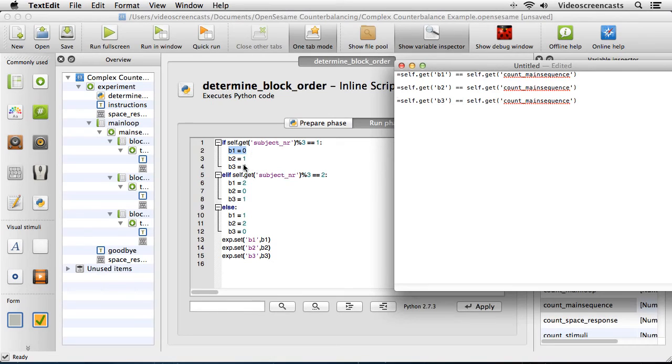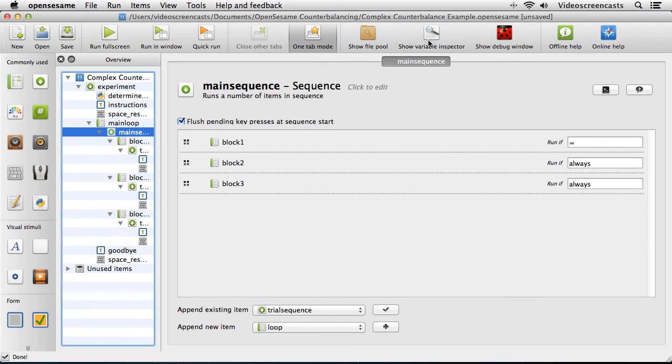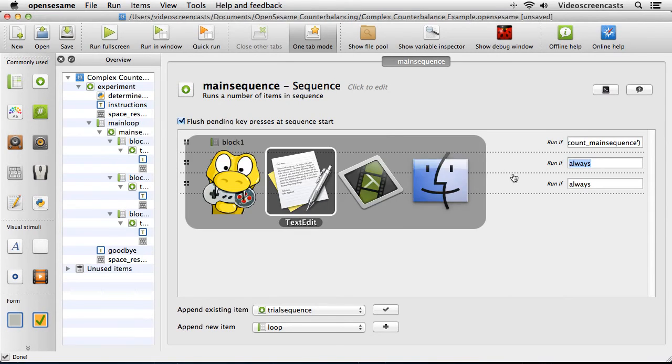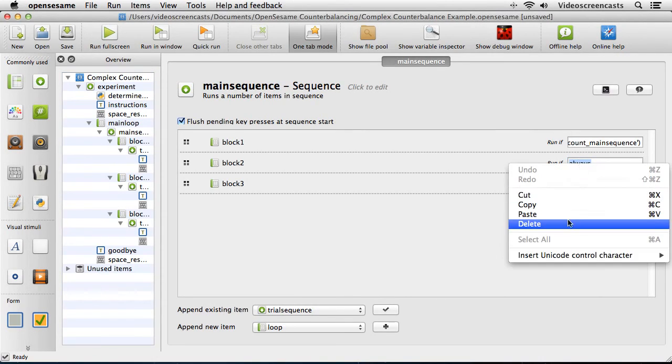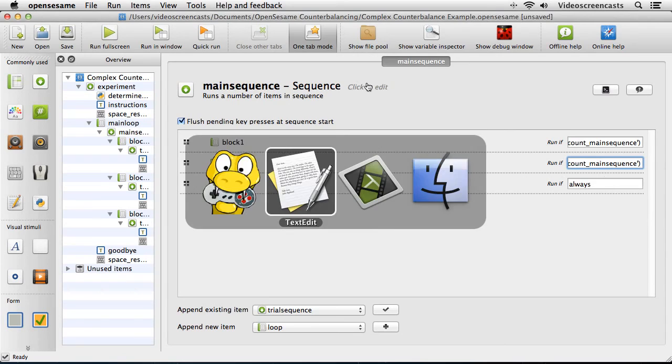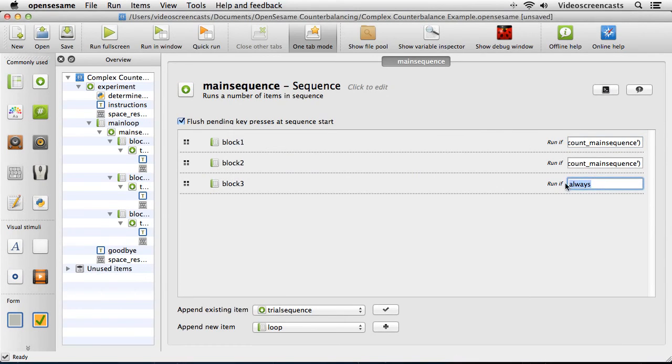So just to clarify, the reason we use these 0, 1 and 2 is we're actually referring to this value here for count main sequence. That's why we're using those and not 1, 2 or 3. So what I'll do is I'll copy and paste these into the main sequence variable inspector. Paste that in. Go back and get the next one. Get the last one. Paste that in. So these blocks are only going to run if these conditions have actually been satisfied,